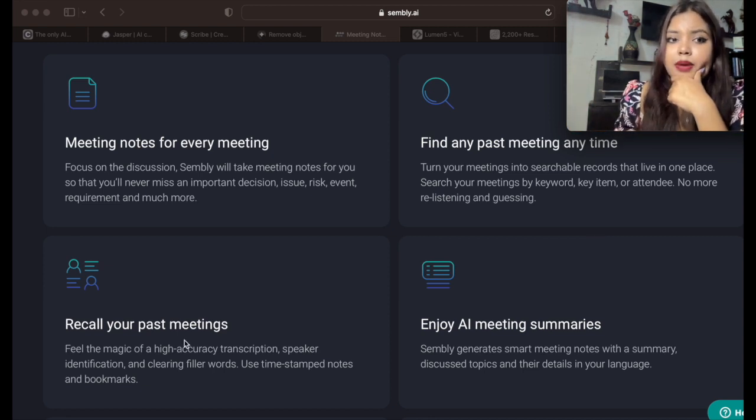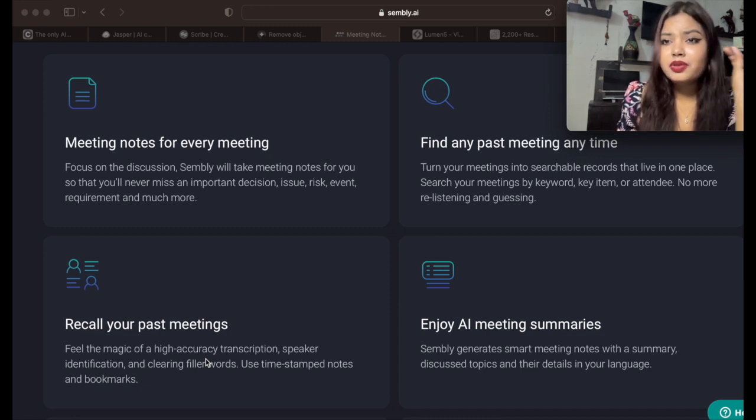It will also be helpful to recall something from a past meeting. There are a bunch of options available. If you have had meetings in the past, still if you sync this tool with your previous meeting, then you can also get meeting minutes for the previous meeting as well. So it's very easy, and I found this very helpful, because when you are in business or corporates there are a lot of meetings, and it's very hard to keep asking someone to scribe every time. So it's very good to know that there is a tool that can scribe the meeting minutes for you.